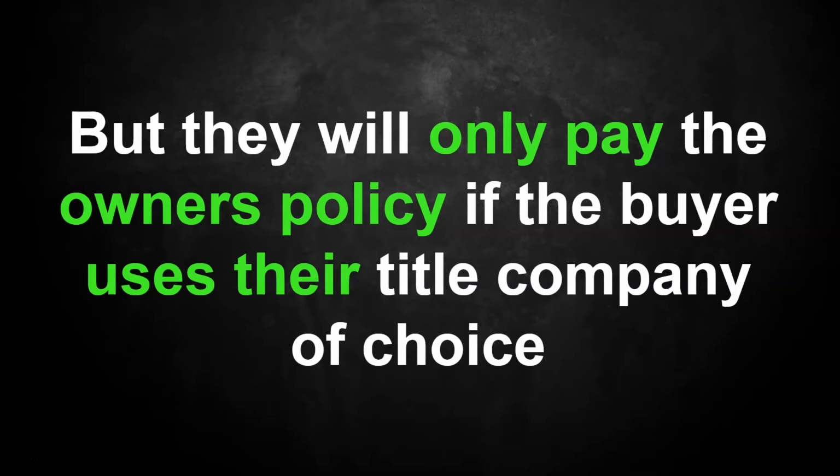And this is the kicker, they'll never pay it if you use your own company. I see a lot of buyers who like using a local company, they feel more comfortable and they don't mind paying. This is good in some situations, but in others it's not. Once a price starts getting up there, like above $100,000, above $200,000, it's a big chunk not to have the